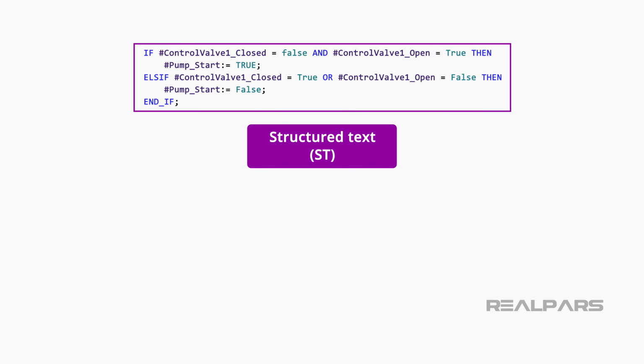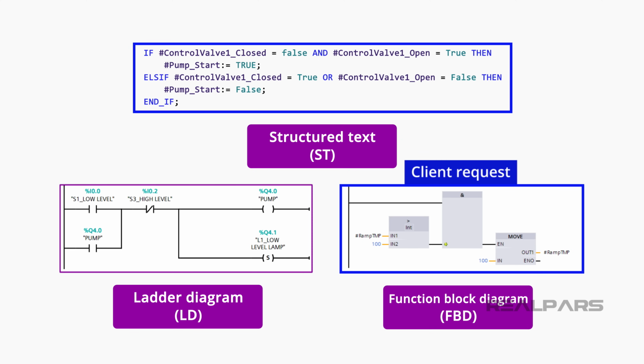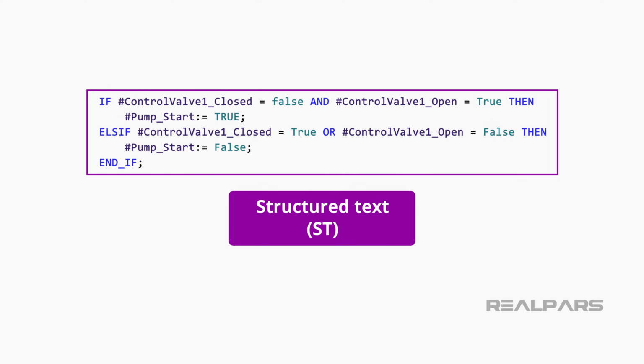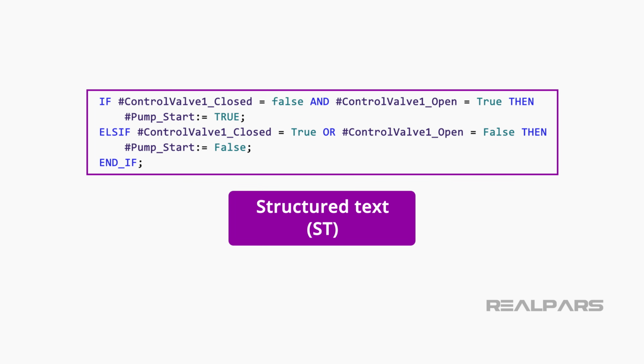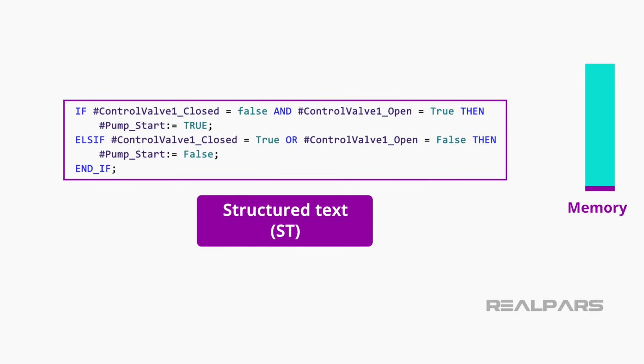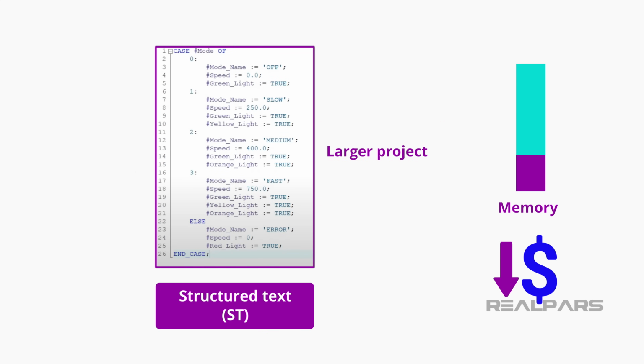Most PLC manufacturers support different programming languages in their PLCs, and this is because there are many different reasons that a programmer will choose a particular programming language. These reasons can be as simple as a client request for a specific programming language, all the way to the size of the programming project. Since structured text is by definition text-based, it does not have the memory-intensive graphical interface, which can allow for a smaller processor memory and therefore a reduced cost. This makes structured text an ideal candidate for larger PLC programs where controller memory is at a premium.